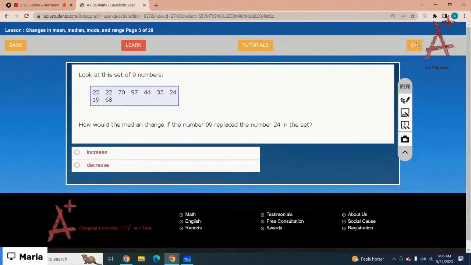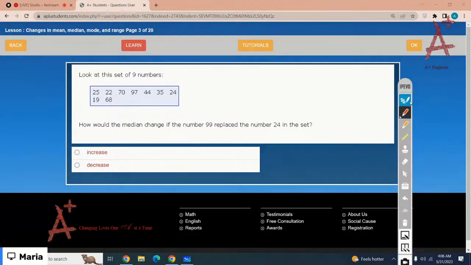Okay, look at the set of 9 numbers. How would the median change if the number 99 replaced the number 24 in the set? Okay, let's just calculate the median of the data. Whenever we have to calculate the median, we have to arrange the numbers from least to greatest. Let's just arrange them from least to greatest. 19, 22, 24, 25,